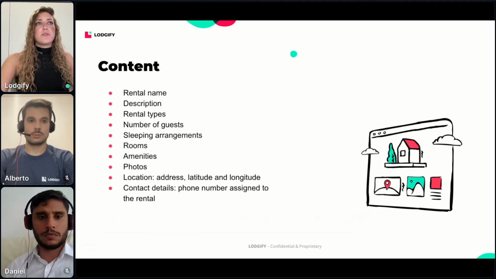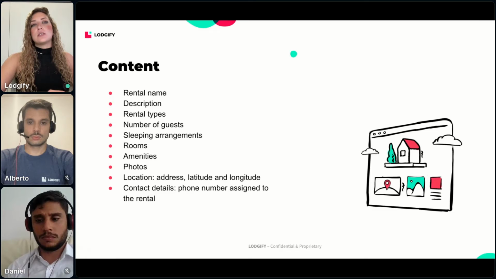And finally, in terms of content, we will send to Google the rental name, the description, the rental type clearly, because it's also a mandatory requirement, the number of guests, the sleeping arrangements, rooms, amenities, photos, location, and contact details of your rental. Okay, and with that,